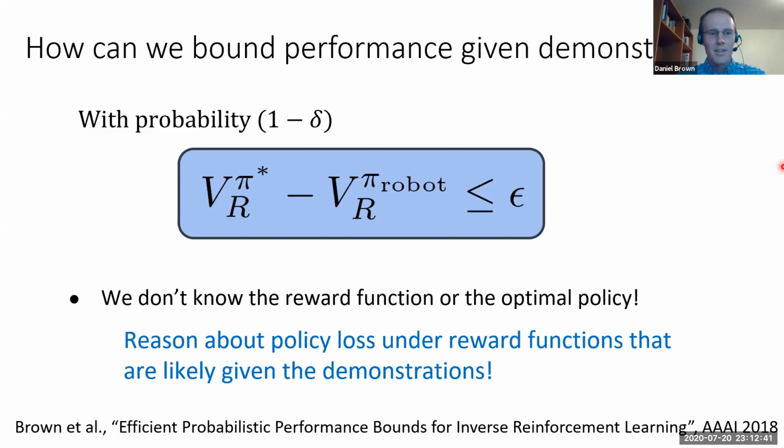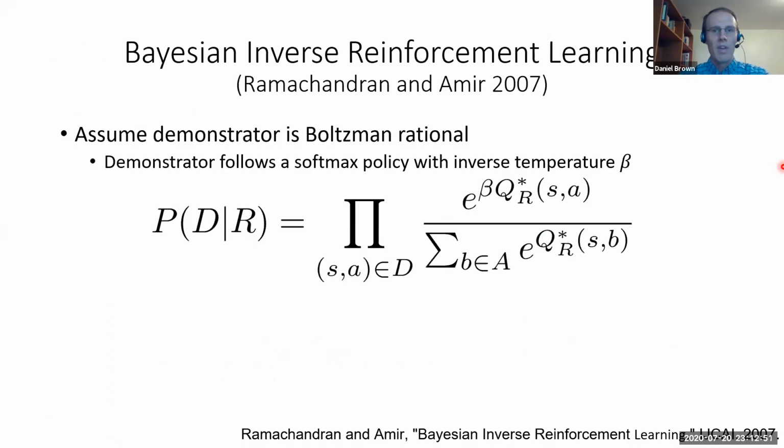As part of my dissertation, what we propose instead is to look at policy loss and reason about that under reward functions that are likely given the demonstrations, and really try and take a Bayesian approach. As some background, there's this idea of Bayesian inverse reinforcement learning, which was proposed in 2007,